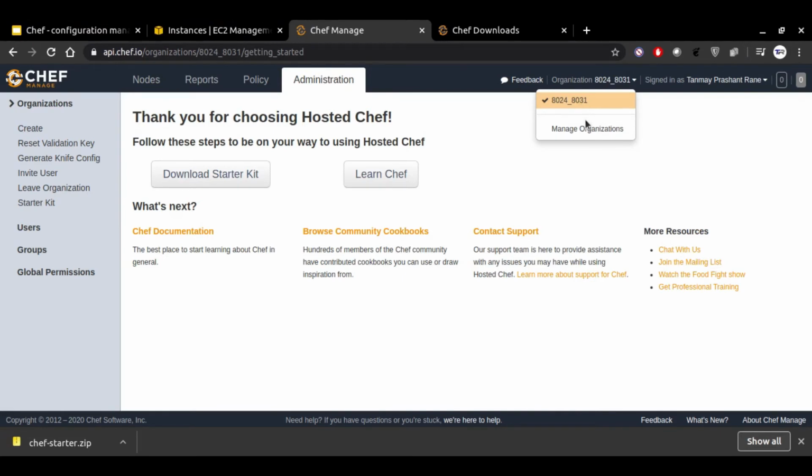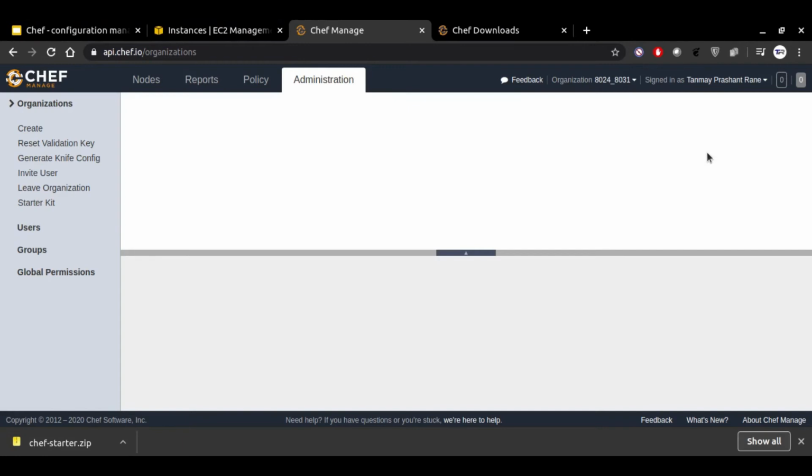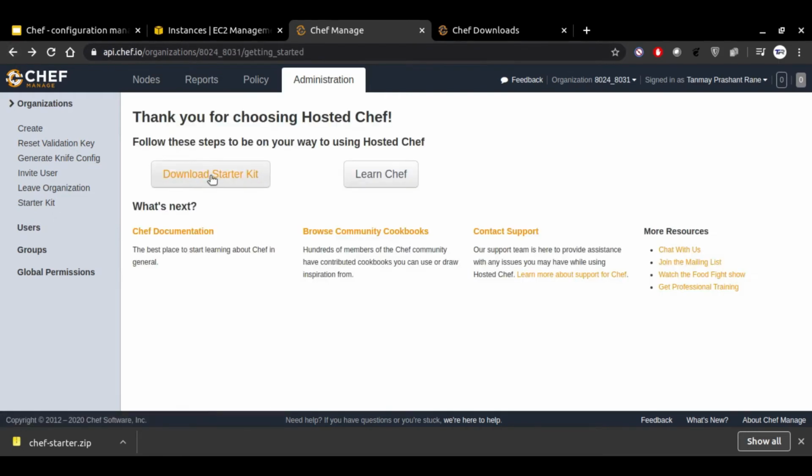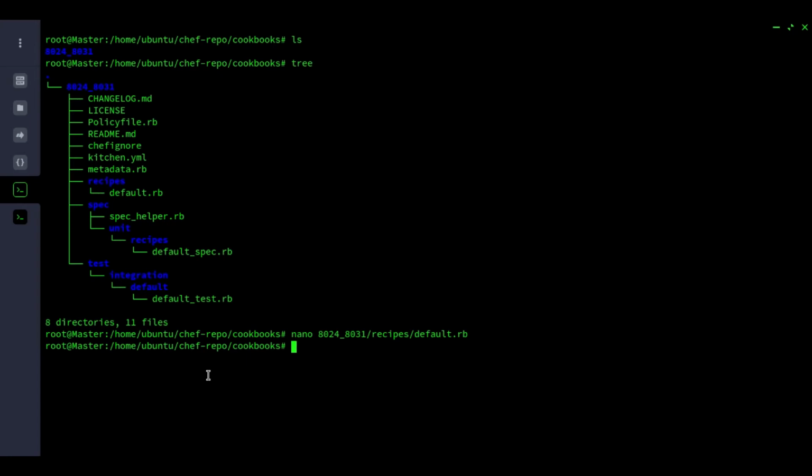To download the starter kit, you get a settings-like symbol on your right side in the organizations. Here the starter kit is there. You just have to download the starter kit, and we have downloaded it already, as you can see in the Ubuntu folder. Here we have the starter kit.